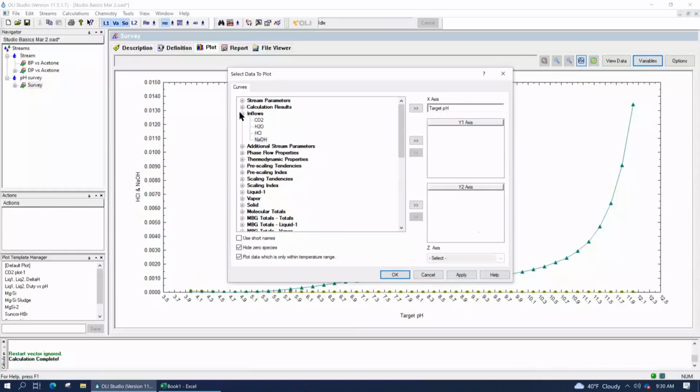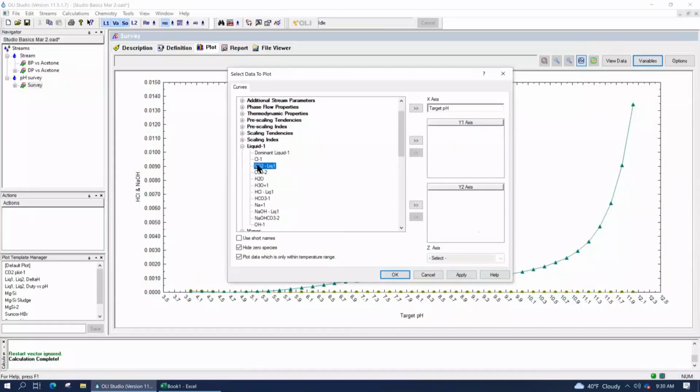Now that everything's empty, we're going to the liquid 1 phase. Liquid 1 is the electrolyte phase. And you're going to put into the Y1 axis anything that has the inorganic carbon in its species.